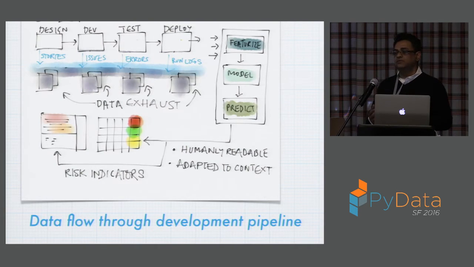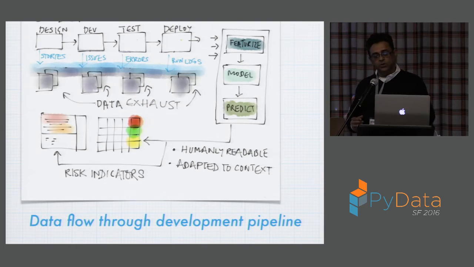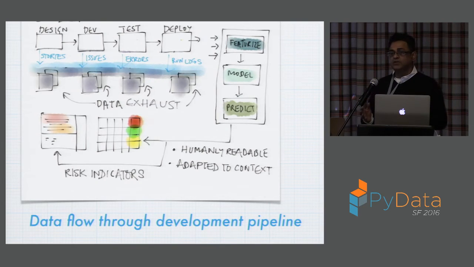And so 2 things that we've done, one of which I'll show you, is to actually extract features from commits that from your own history make them buggy. And so the next commit that comes along, I should be able to tell you, hey, does this look like a buggy commit or does this look like a clean commit? And I should be able to give you a warning with the understanding that it's not always 100% correct, but I should be able to warn you of the commits that come along. And then you go and you hopefully get it reviewed, or you go take a second look at it.